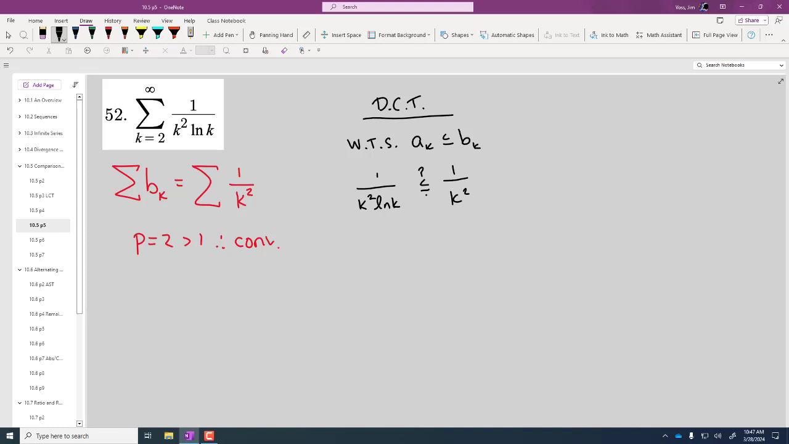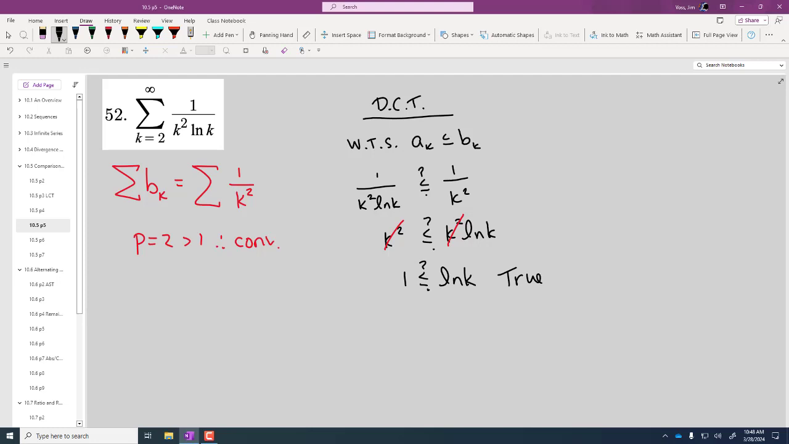Cross multiply. When we cross multiply, there's a couple of ways you could do this. I think it's pretty clear the k squareds are going to cancel out one way or another. Those are going to cancel. And so then the question is, is natural log of k bigger than 1? The answer is, okay, they started at 2, and natural log of 2 is bigger than 1. So even if this wasn't true for the first 2 or 3 k values, as long as it's eventually true for the tail, for all the k's beyond a certain value, that would be sufficient. So this is true